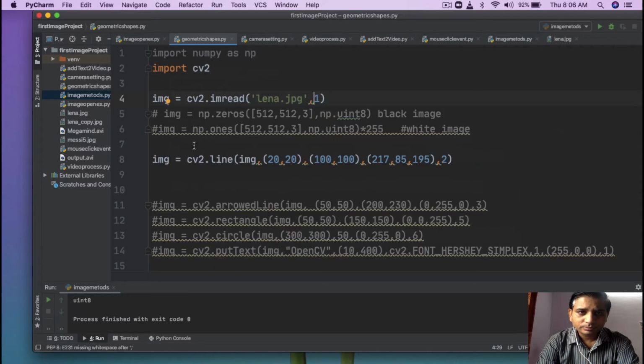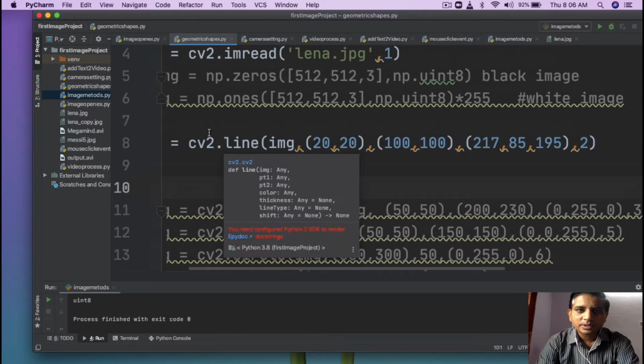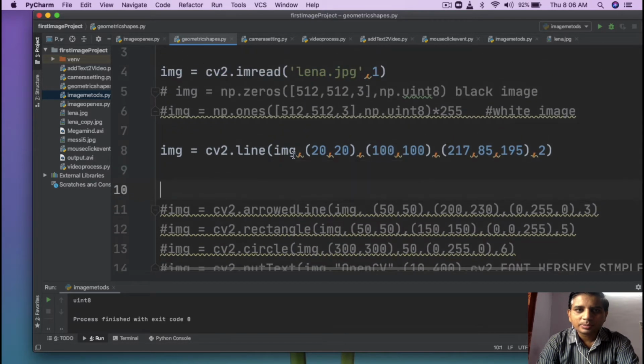The next line in my program is, I want to draw a simple line on the image. That image variable is the first argument to the line function. To draw the line, there is one function available in the CV2 library, that is the line function.